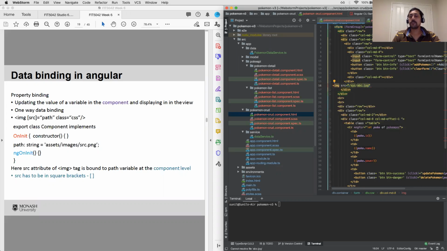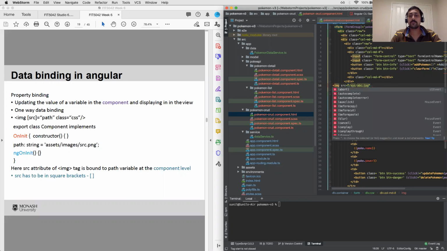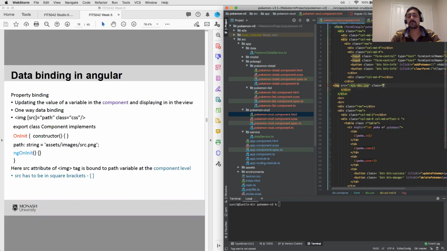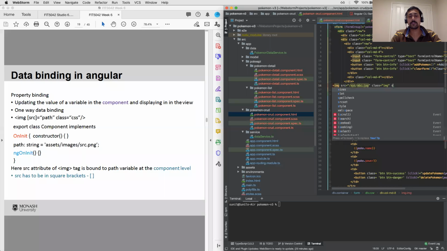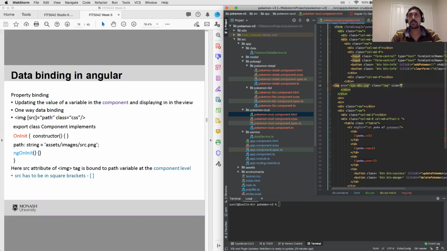That's the source of my image, and I can have other properties like class equal to img something, size equal to 20, height 20, whatever. So when you have an HTML element like this,